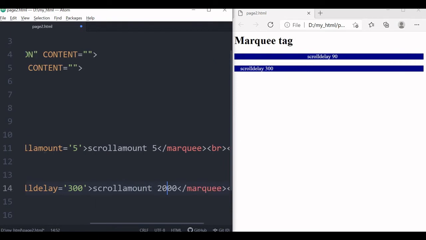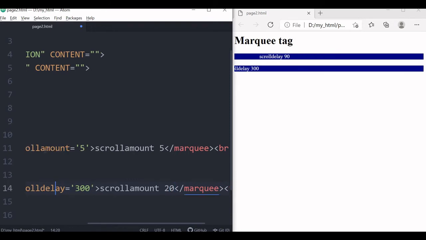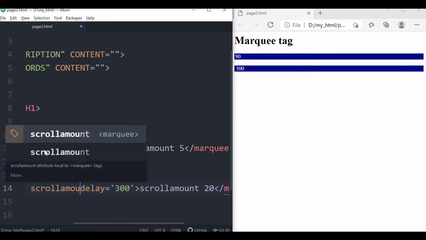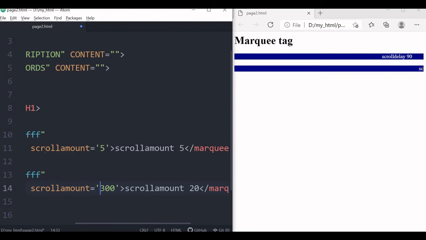This is the text part of it. Here we will put the actual scroll amount. This will give it as 20. Let's save this and see now. You can see higher the pixel or the scroll amount, higher the jump will be. So this is scroll amount.